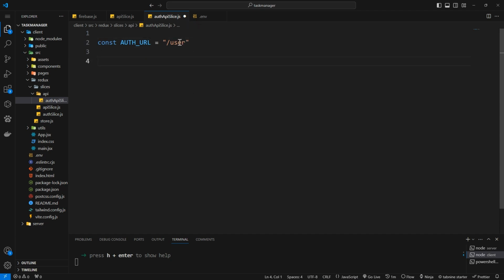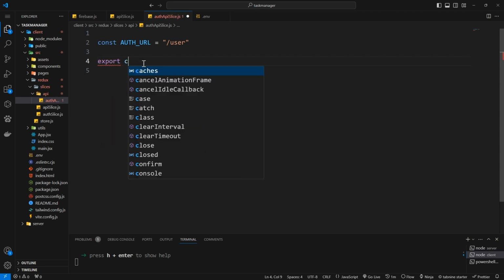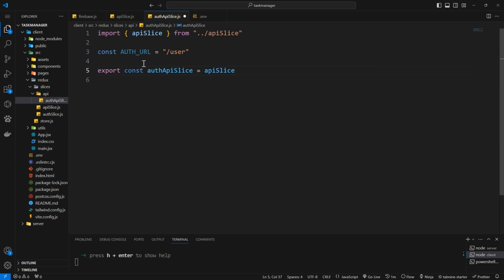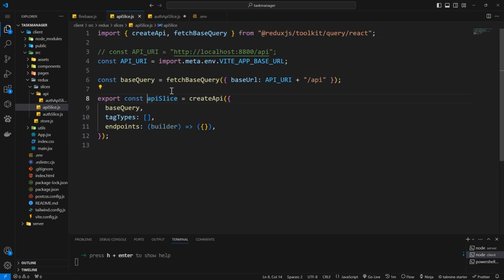Now what will we need? We'll need the various functions. So say export const authApiSlice equal to apiSlice. If you remember, we have this apiSlice. Great, you can go into it. Yeah, this one. Okay, so apiSlice